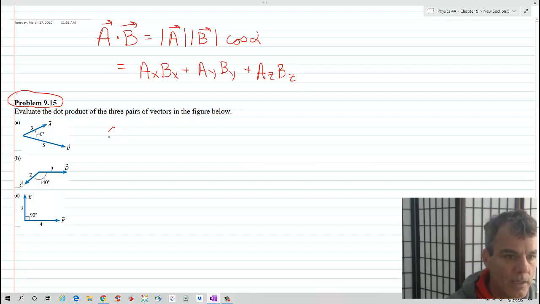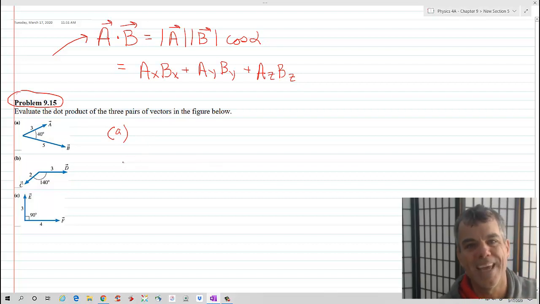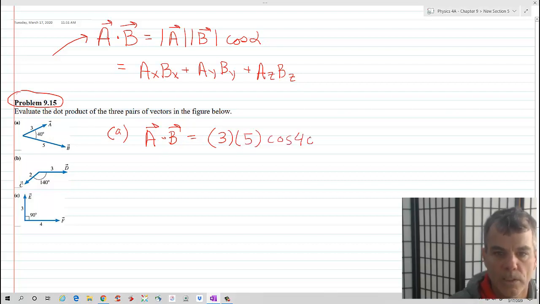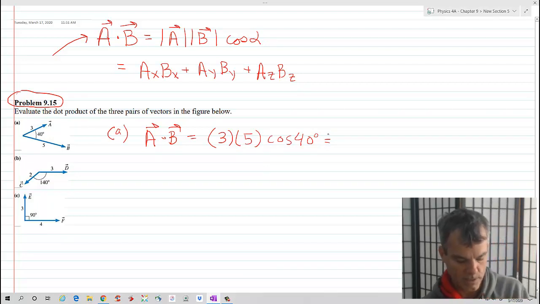So let's first look at A. So here's a case where we're given the magnitude of each vector and the angle between them. So we're going to use this definition of the dot product. Okay, so what we have is vector A has a magnitude of 3, vector B has a magnitude of 5, the angle between them is 40 degrees. So A dot B is just going to be the magnitude of A, which is 3, times the magnitude of B, which is 5, times the cosine of the angle between them, which in this case is 40 degrees. Break out handy calculator, 15 times cosine of 40. What we get is